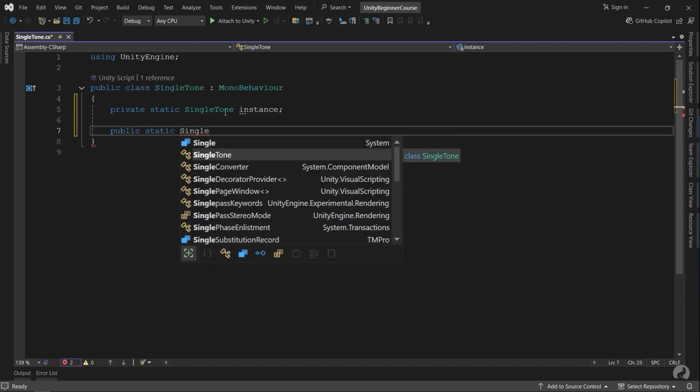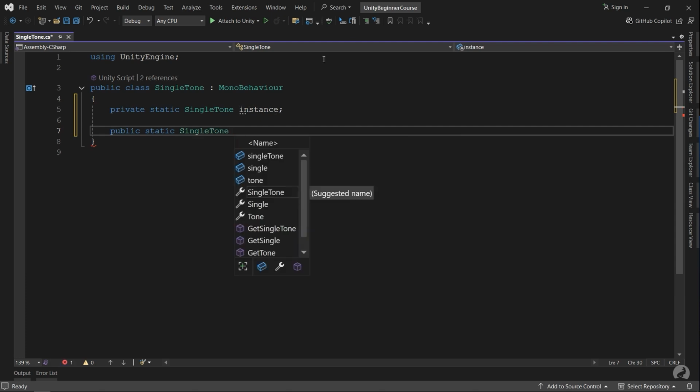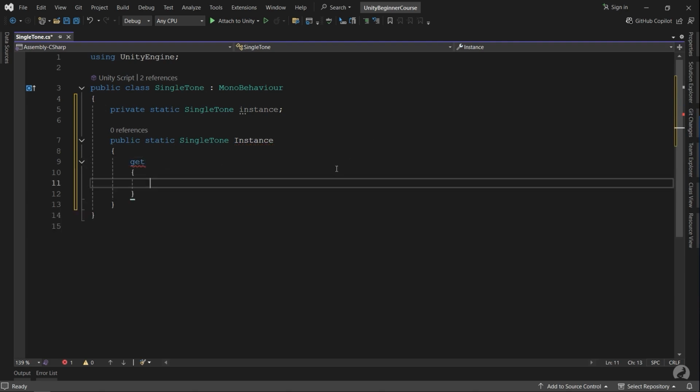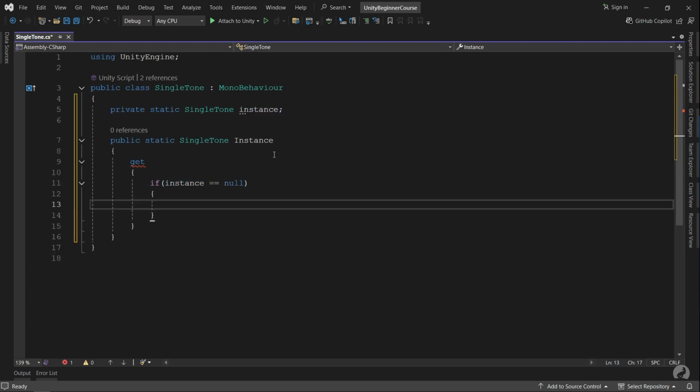accessing this instance. Actually, this is private. This is simple logic for access level, and you need to know about it in C#. And I will create the Instance with a big I because this is the property. And here for the get, which returns something to the caller, we need to check the instance. If instance equals null, then